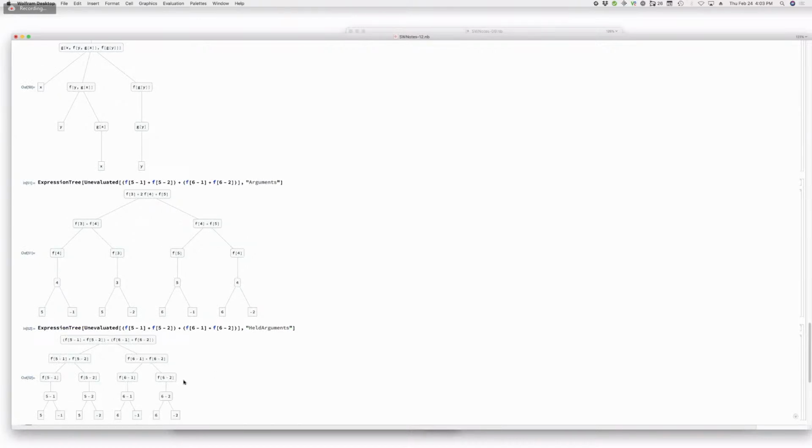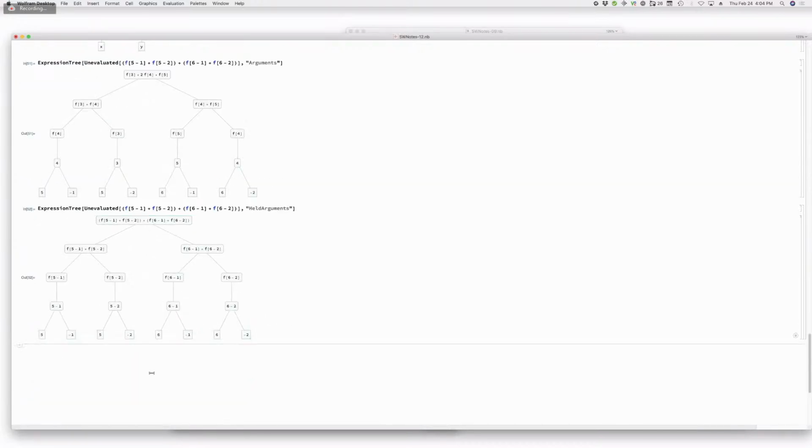Okay, so this is now pure expression traversal recursion. But now what's going to happen is there is the evaluation recursion. Am I making sense? So from this tree, we now have another edge that comes from, let's say, f of 5 minus 1. That other edge is applying the rule to get to f of, 5 minus what?